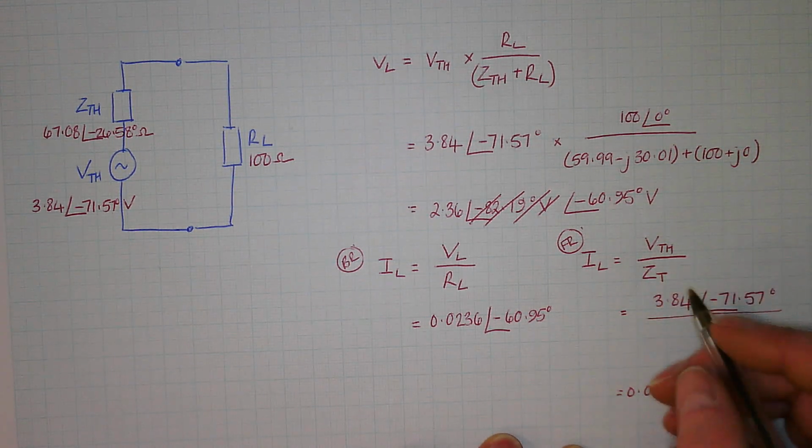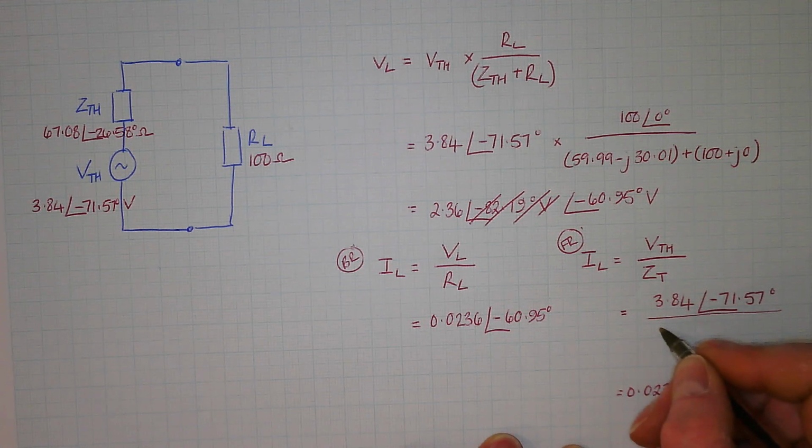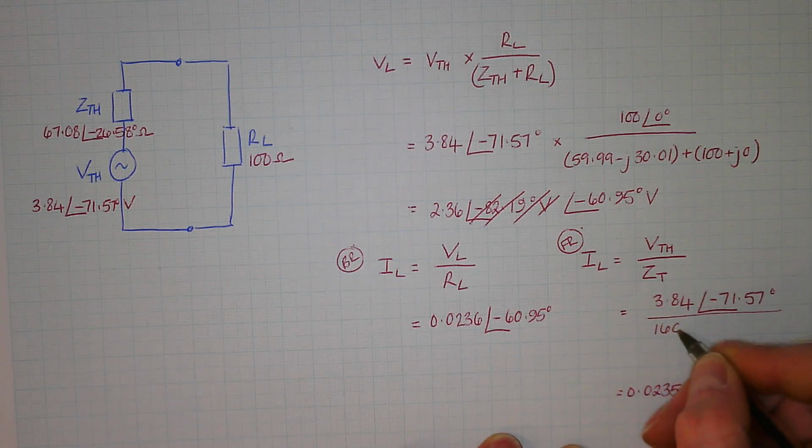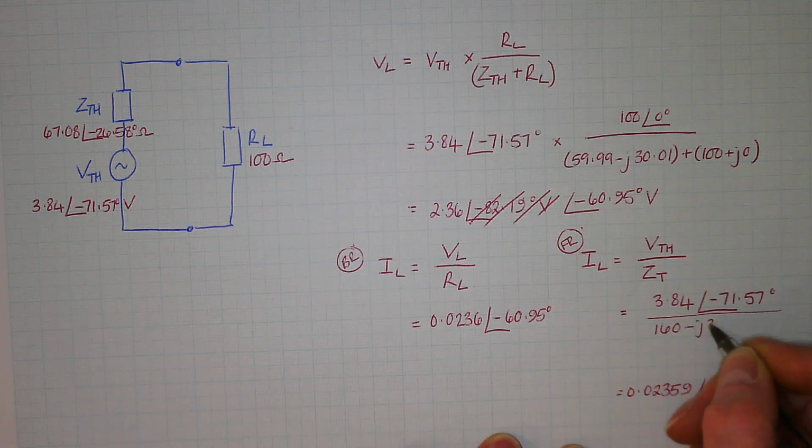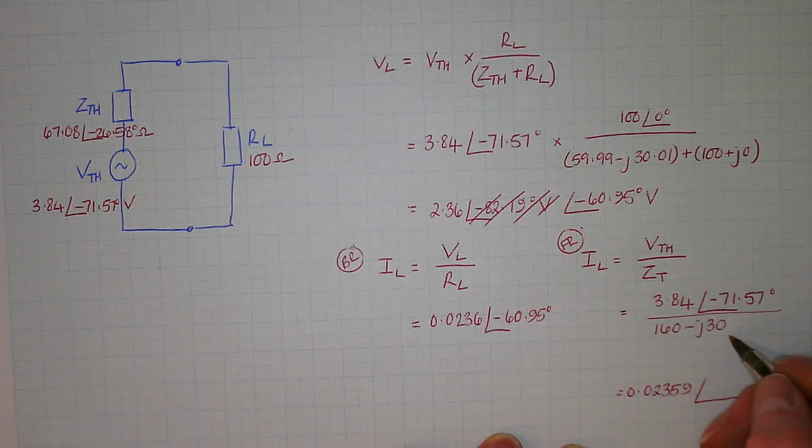Your Z total, that will be 160 minus J30. I've got that. And that's the same as